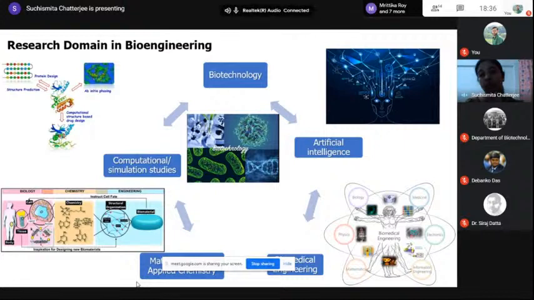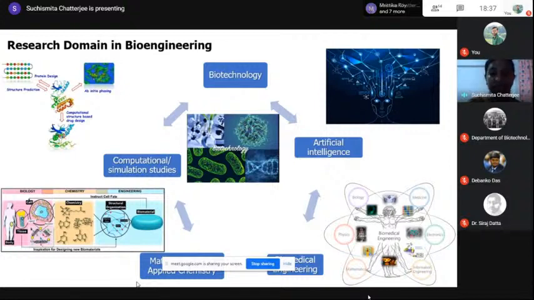Somehow we already studied this during our bachelor levels. So I strongly believe biotechnology has a very big role, especially in bioengineering, because we also study artificial intelligence. Normally with the images or research data we get, we do some prediction, and with the back prediction we gain some knowledge. This is basically prediction-based study, but this prediction comes after the